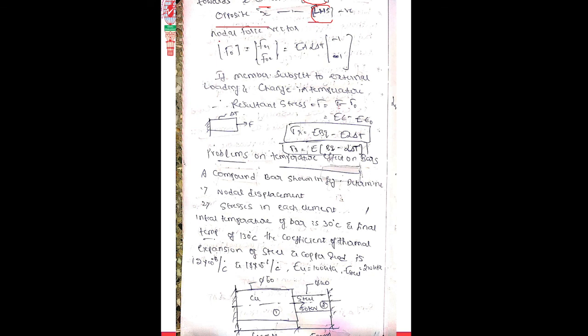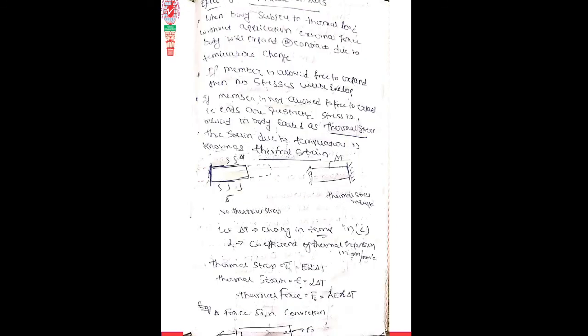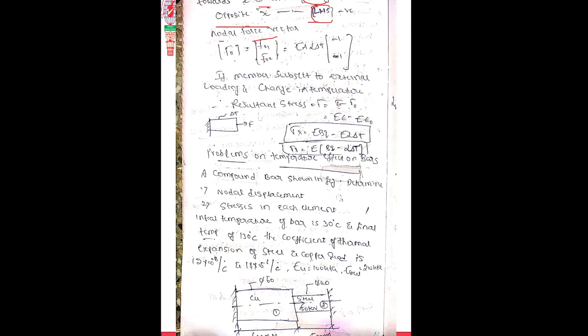So therefore the nodal force vector, this is the formula now. Suppose you take an example for this case. We take node 1 and node 2, F naught 1 and F naught 2. Now F naught 1 is towards the left and F naught 2 towards the right. That is, we consider minus. Therefore, E A alpha into delta T we can take common, and it becomes minus 1, plus 1. Up to here we'll stop and continue in the next class.